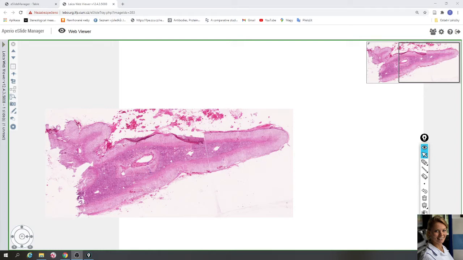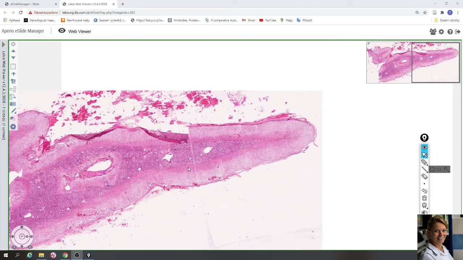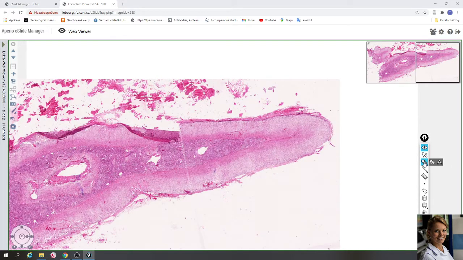In this video we will take a look at the slides of adrenal gland or suprarenal gland. The slide is stained with hematoxylin eosin. That means that the nuclei of cells are violet and cytoplasm is pink. The adrenal gland consists of an outer cortex and inner medulla.